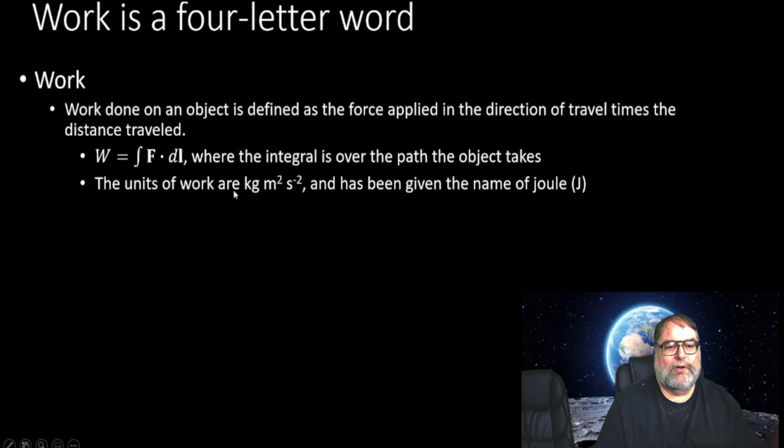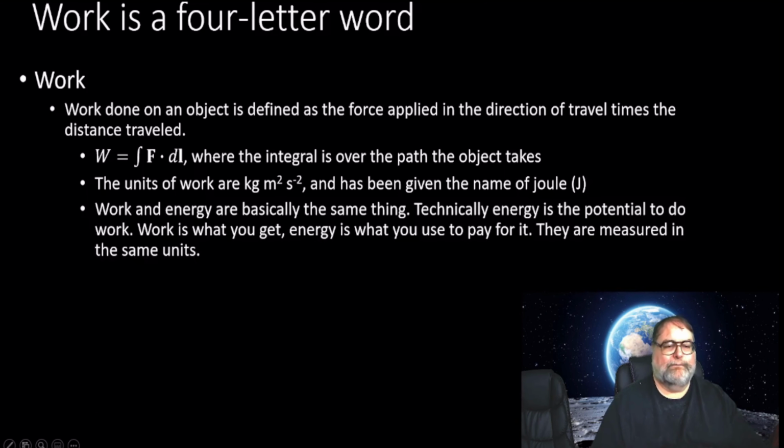The units of work are obviously then from these quantities, this being meters, this being kilogram meters per second squared. So the units of work are kilogram meters squared per second squared. This unit is given the name joule, with a capital J. Work and energy are the same thing. Basically, work is what you get and energy